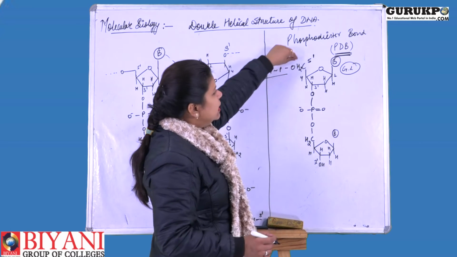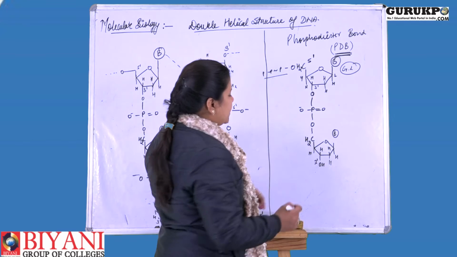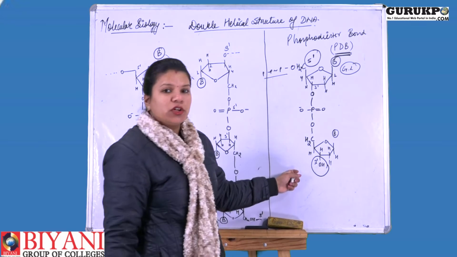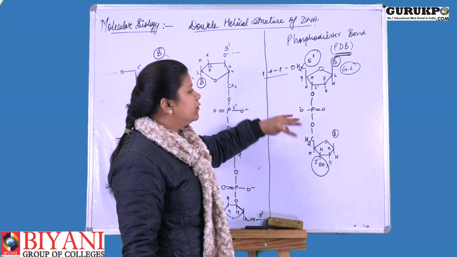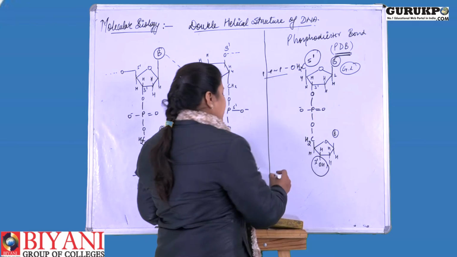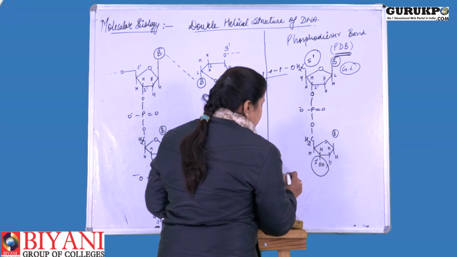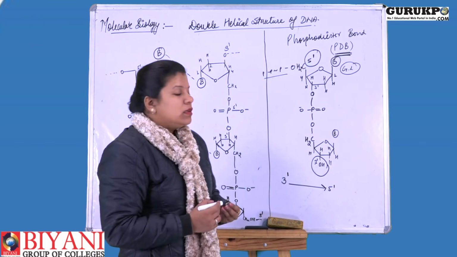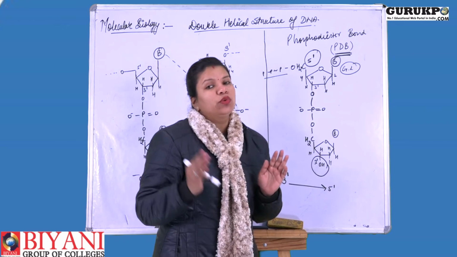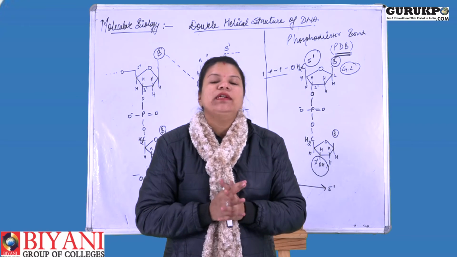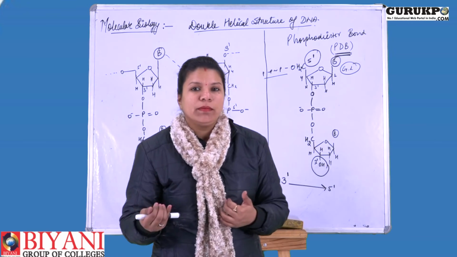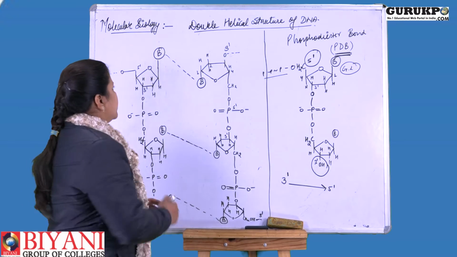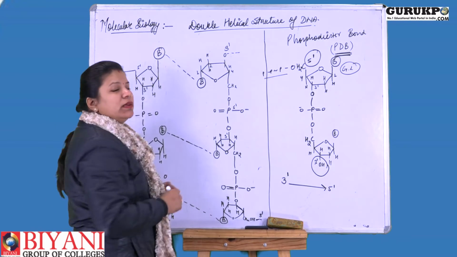So here you can see that this particular chain is elongating from the 5th carbon position and ending in a 3' hydroxyl group. If I reverse this orientation, then I will get a chain extending from the 3' position to the 5' position, right? In this manner, the two anti-parallel chains of the DNA double helical structure are formed. I have already drawn the structure of how a complete DNA is formed. Here the symbol, as I said, shows the nitrogenous base.